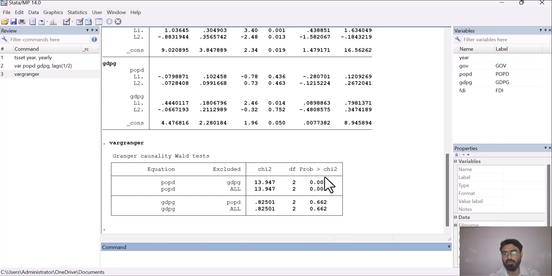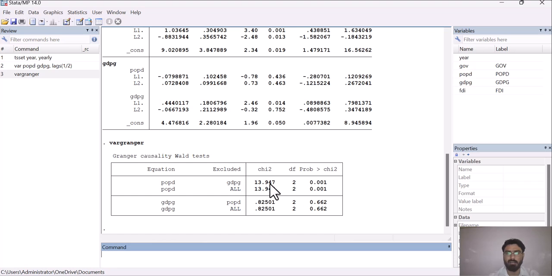If the probability value is less than 0.05, then we have to reject the null hypothesis. And if the probability value is greater than 0.05, then we have to accept the null hypothesis.